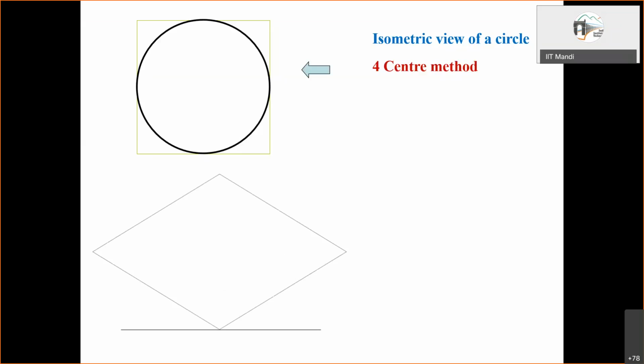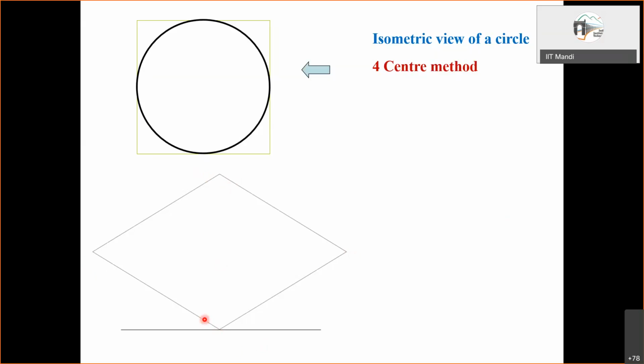So here we have this rhombus, you see. Corresponding to this square, we have the rhombus. This rhombus corresponds to the top view configuration. If it is front view or side view, it will change. One of the sides will become vertical. Here, one 30 degree, another also 30 degree. So this is a configuration corresponding to top.